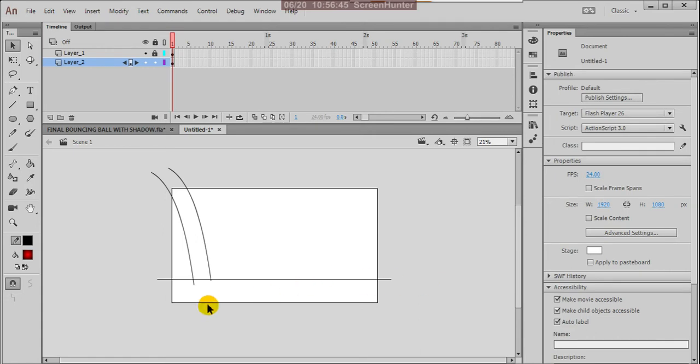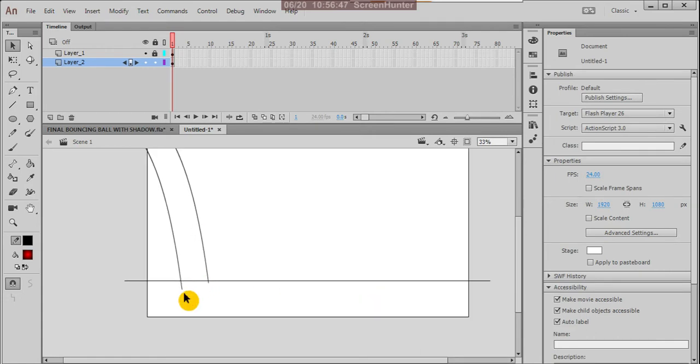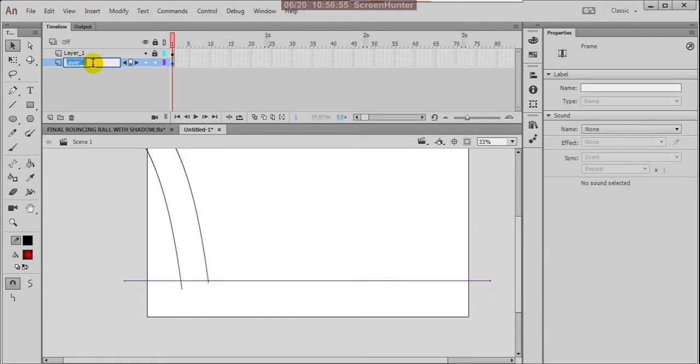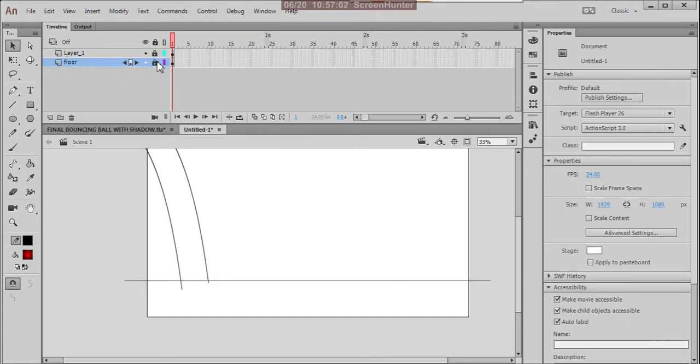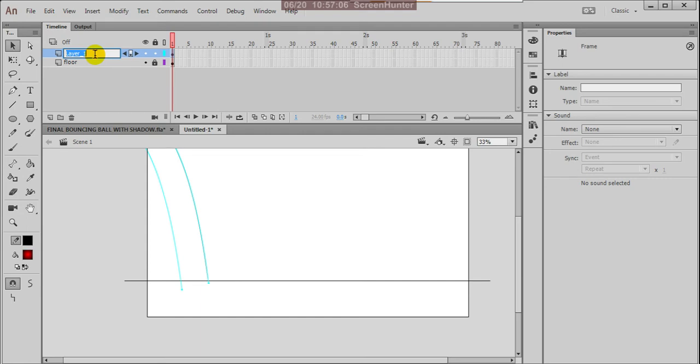So first I'll explain how to create a path. This is the floor. Lock this, and here it is the path.